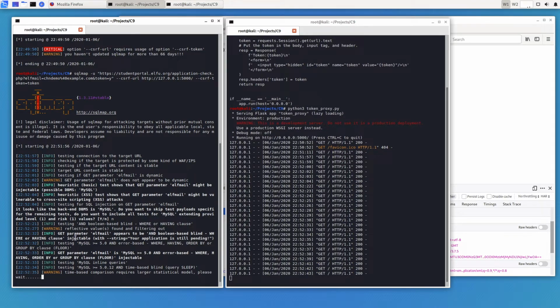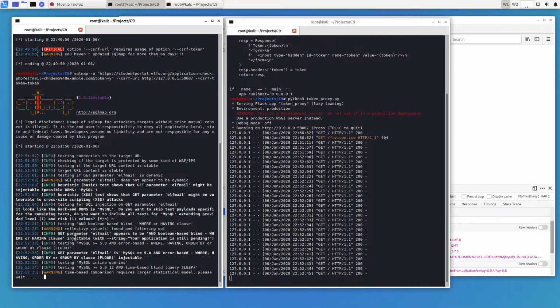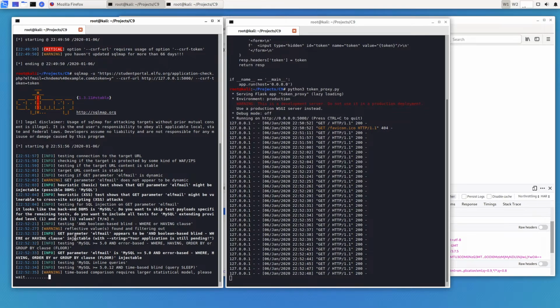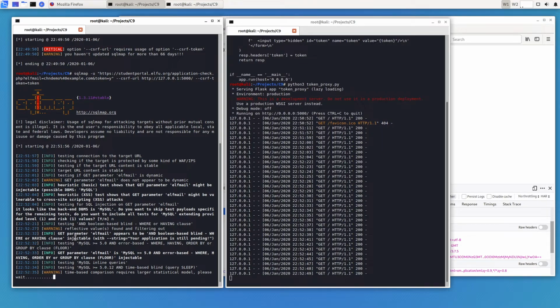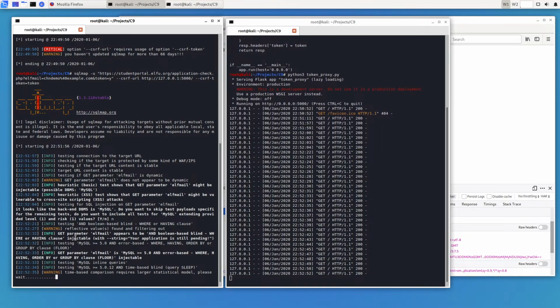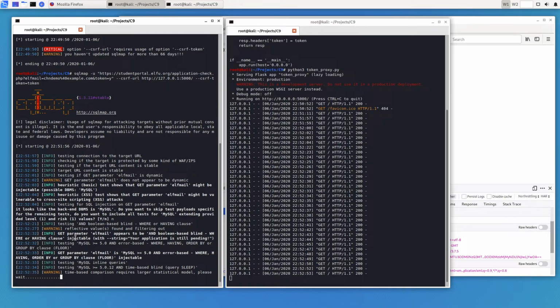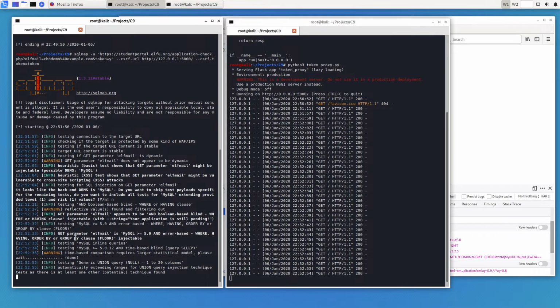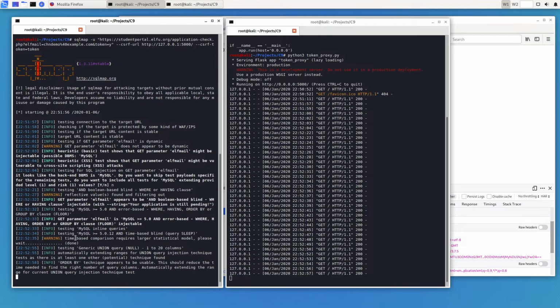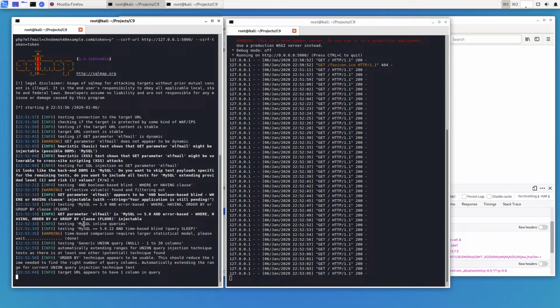SQLMap has different ways on how it can perform attacks. The higher the level, as far as I'm aware, but please correct me in the comments if I'm wrong, the more noisy or the more detectable the attack might be. So I'm sticking with 1.1. Most likely it'll find a few things, so we should be good with just doing those. The nice thing though with SQLMap is